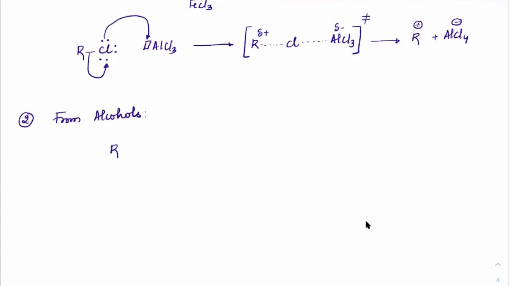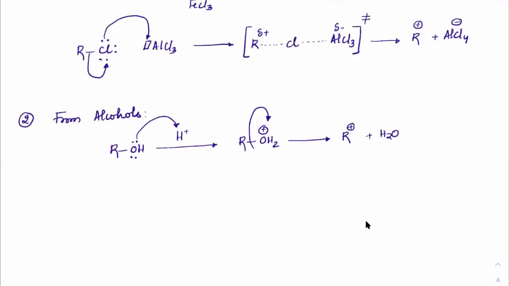From alcohols, if you take ROH, this is an alcohol family. In case we protonate, this step is called protonation. Whenever a lone pair attacks a proton, H plus is a proton, right? So this is getting protonated. Which means if you take alcohols and add them to any acidic medium, we generally see that the lone pair will catch up with H plus and it will form ROH2 plus. And OH2 plus will leave easily to form R plus and H2O. That's how we will get carbocation formation in this.